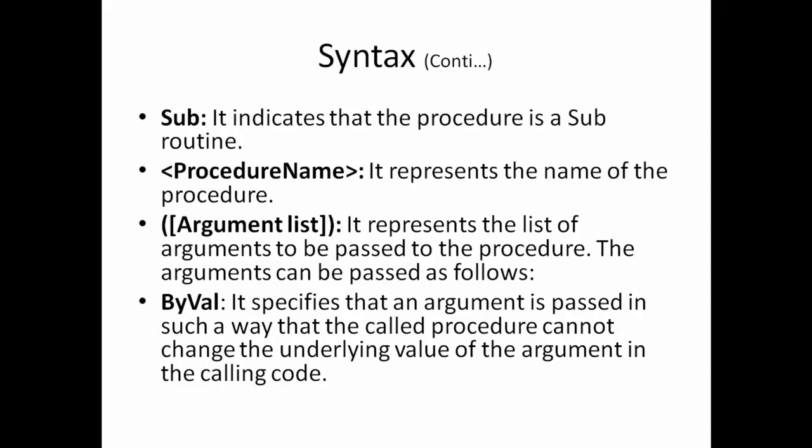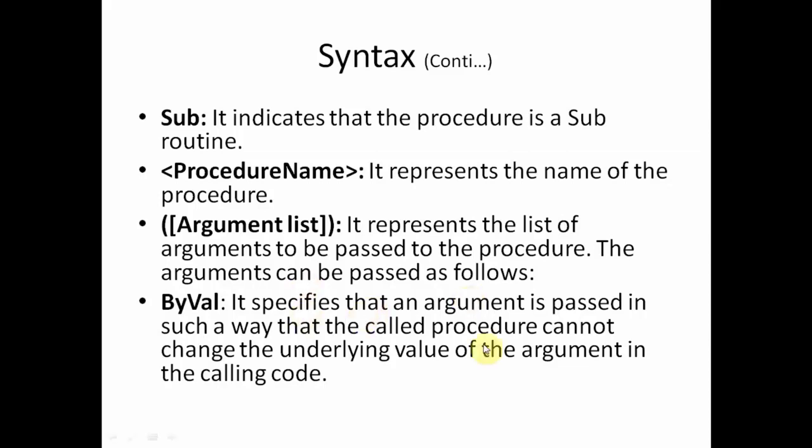And then the optional argument list. It means that if we want to pass values or parameters within the procedure or our subroutine, then we can use this argument list section of the syntax. Now these arguments can be passed in different ways. First, we can pass the argument as a value, and if we want to pass an argument as a value, then it is possible with the help of the ByVal keyword,